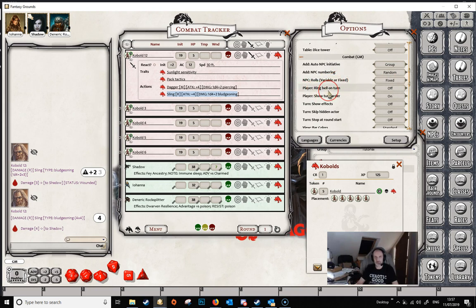Next we've got the player ring bell on turn, which simply rings a bell when it comes back to the player's turn. The next one, player show turn order. Now this is one where you've got 3 options. You've got it on, friendly, or you've got it off. So the default is on, and if we make these PCs or NPCs visible, and if we roll the